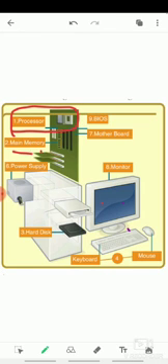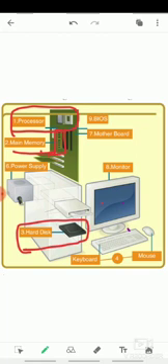And next one is the main memory. You can see it here. Main memory means RAM. It is used to store the data and instructions that are currently being processed by the computer's CPU. It is also called temporary memory. And next one is hard disk. Hard disk is used to store data, but it is a secondary memory. We can store lots of data in the hard disk, based on the memory.